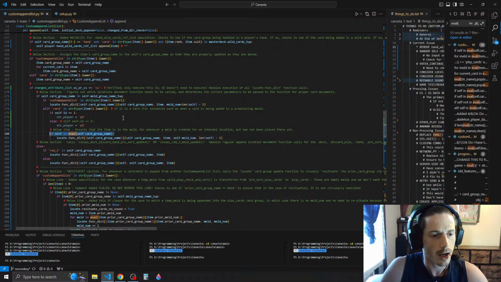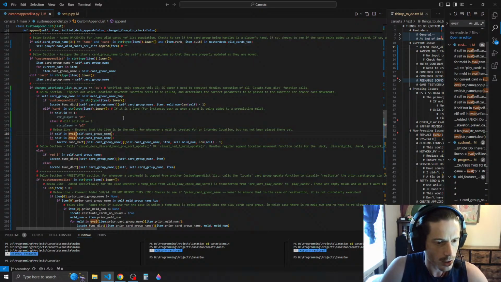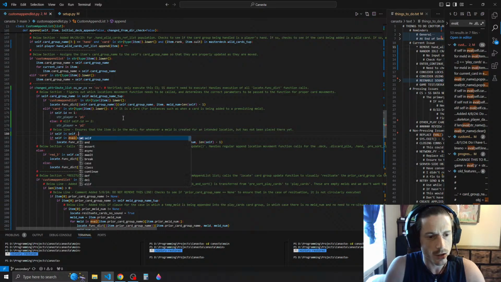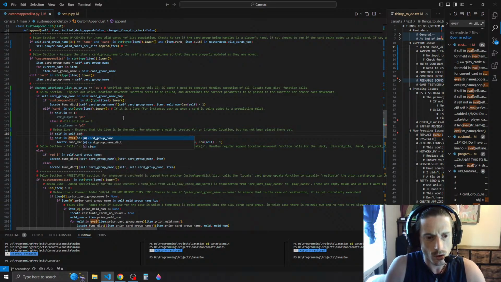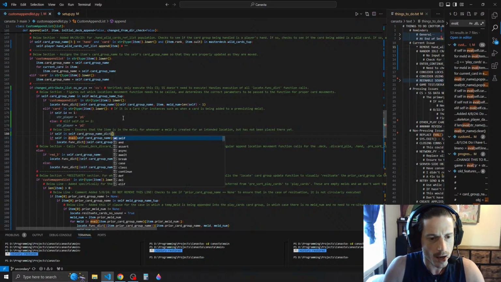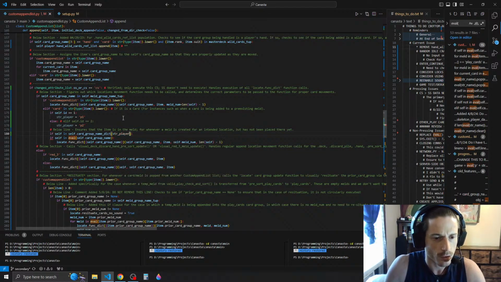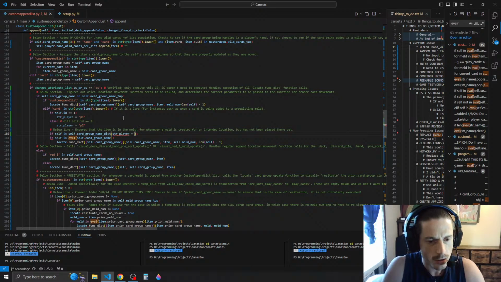So what I'll do is I'll copy this line, paste it, and then write if self is in self dot card group name dict at string player plus, well, we also need dot string player plus,